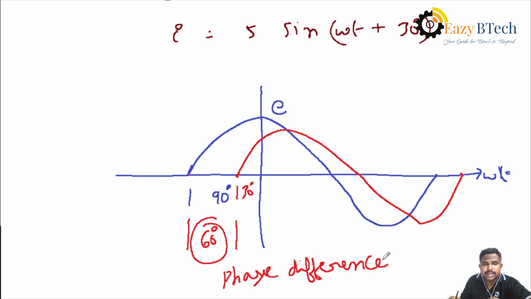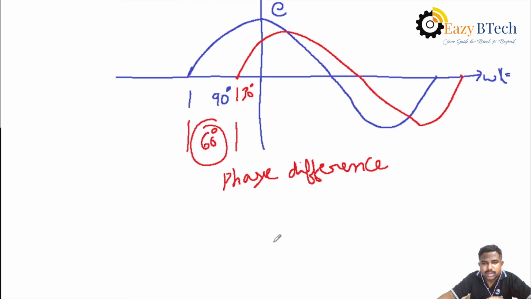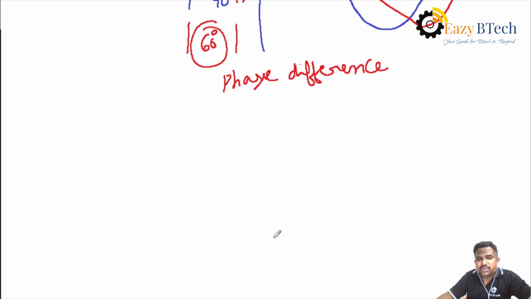In this way, we can calculate the phase angle and phase difference between any two waveforms. Then, according to the phase angle or phase difference, we have to find out what is the lagging condition and what is the leading condition of the waveforms. The first condition is